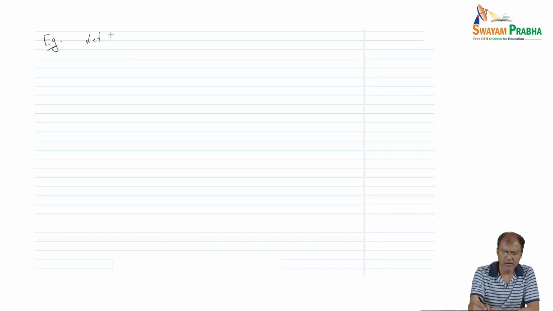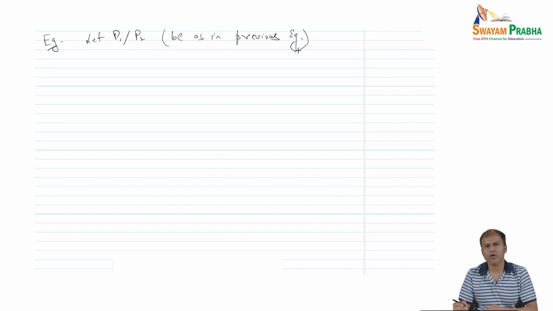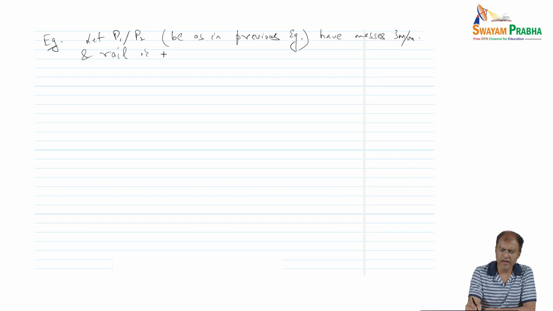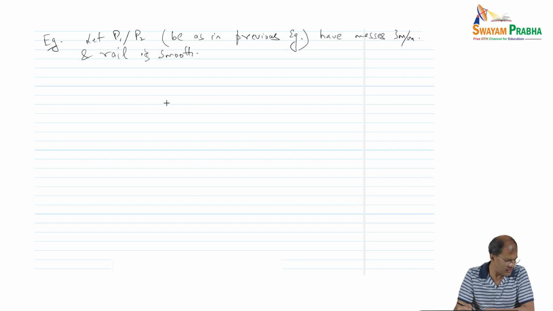So let P1 P2 be as in the previous example. I'm not going to draw the velocity diagram, so it's all understood here. We are talking about the previous setup, and they have masses 3m and m, and the rail is smooth, which means that there is no friction on the rail,